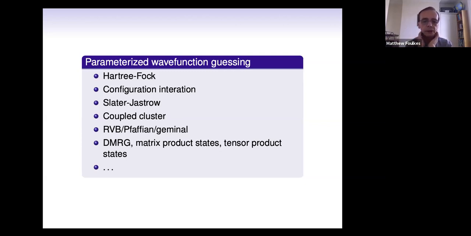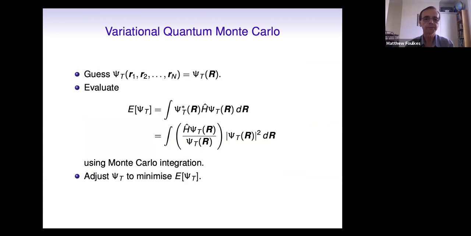I'll talk a little bit about Slater-Jastrow wave functions in a minute. Coupled cluster, RVB states, Pfaffians, geminals, matrix product states, tensor product states. These are all kinds of guessed wave function. And you leave a lot of parameters in them, and then you try to optimize your guess by playing with parameters. And that's all very well, but suppose in this talk, I'll go up to systems of 30 electrons,